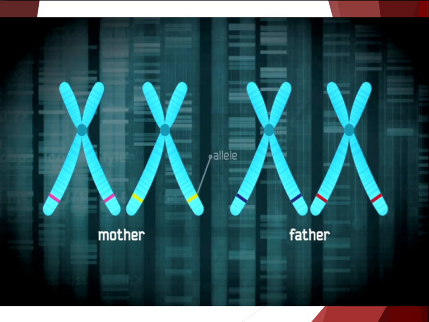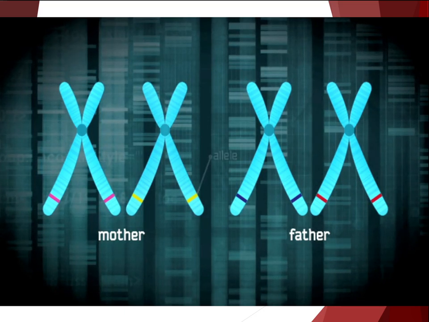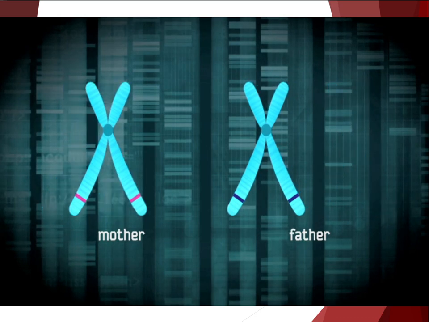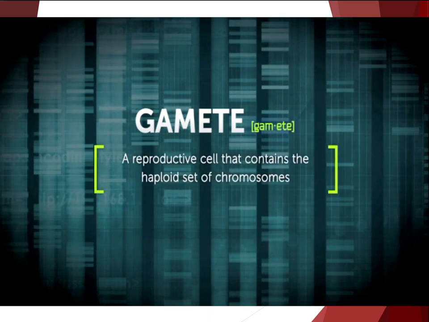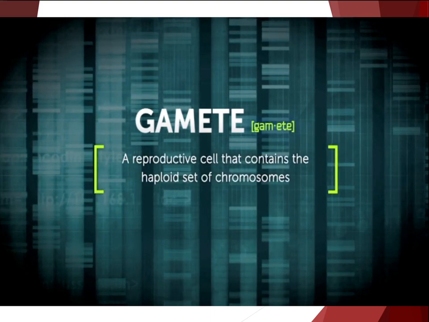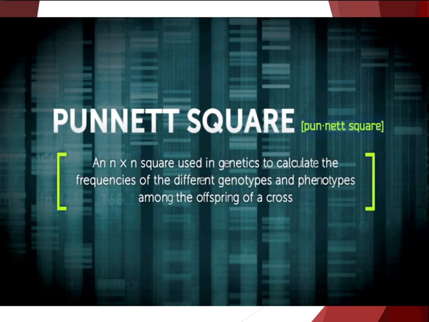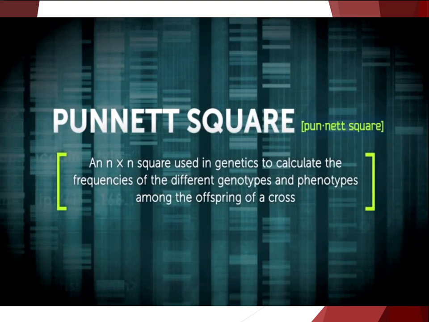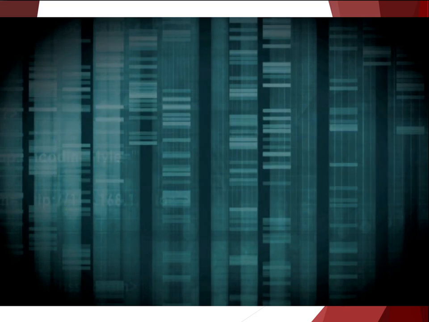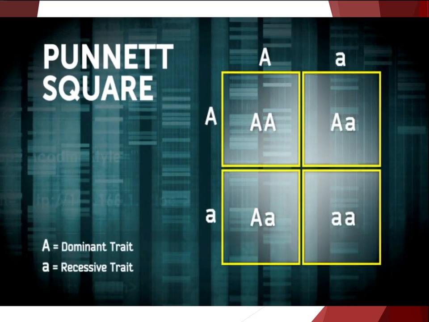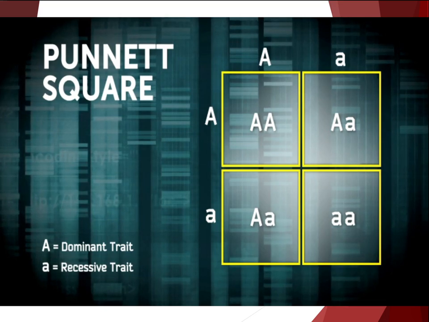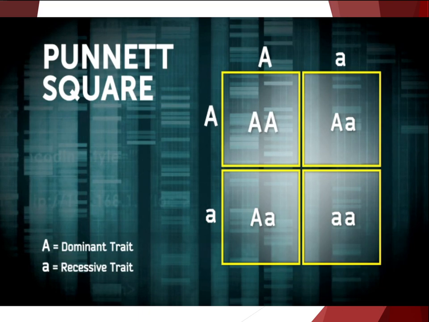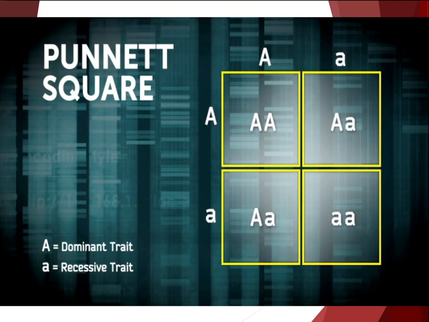For every gene, we have two alleles, one of which we receive from our mother and the other from our father. As we mature, we produce gametes, our egg or sperm, which pass these traits on to our offspring. One of the ways in which we can predict the probability of the genetic outcome of breeding is to use a Punnett square. If we look at a monohybrid cross, where we're only examining the combination of one pair of alleles from both parents, the Punnett square allows us to see what are all the possible genotypes that can be